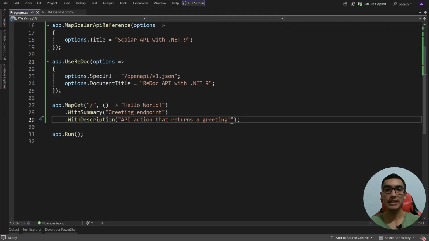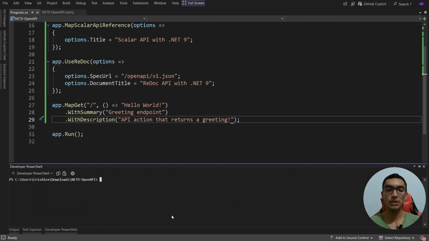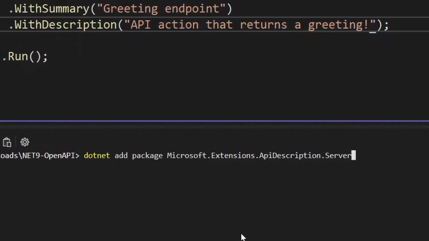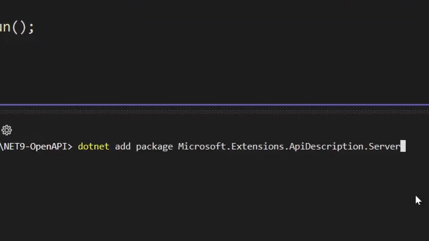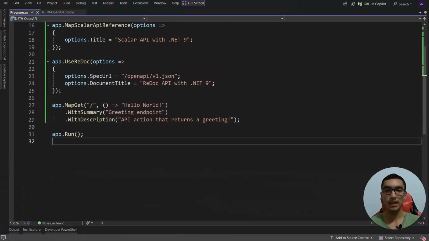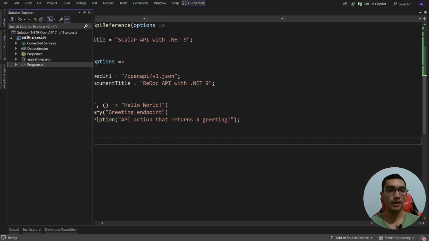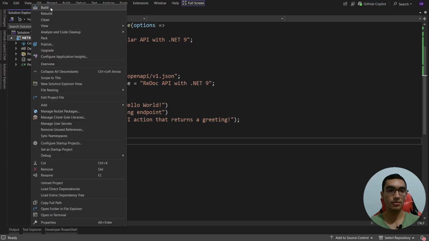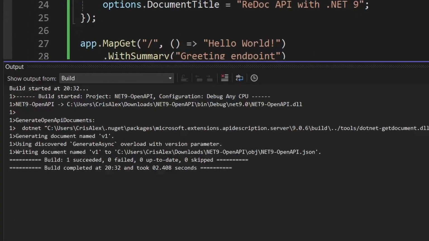Finally, we can generate the OpenAPI document at build time. So open the PowerShell command. For this, we need to install another NuGet package, which is Microsoft.Extensions.ApiDescription.Server. Execute the command and open the Solution Explorer, build the solution, and from the output you will see